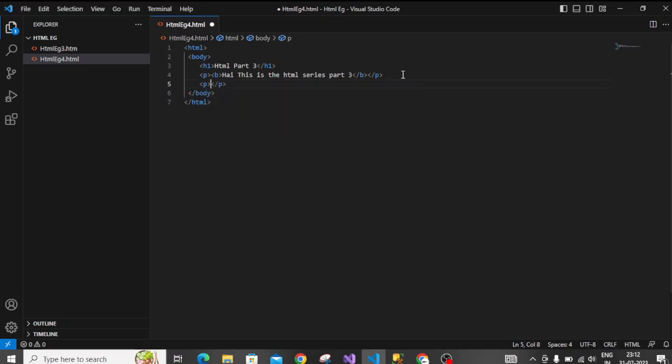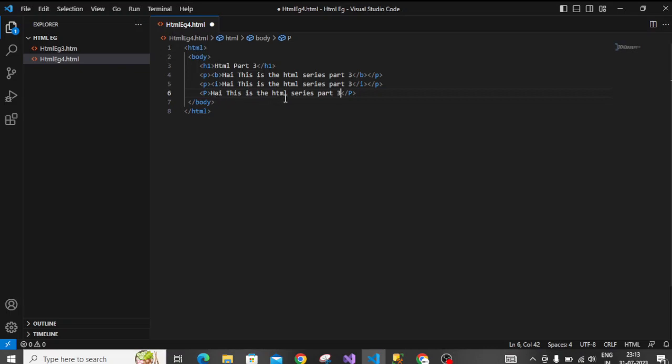I want the same text in italic format, so I'm copying that one, and here I want to display it in italic format, so I'm typing I. Now pasting the text. So this is another paragraph with the text in italic format. Now I'm putting in another paragraph with the same text,